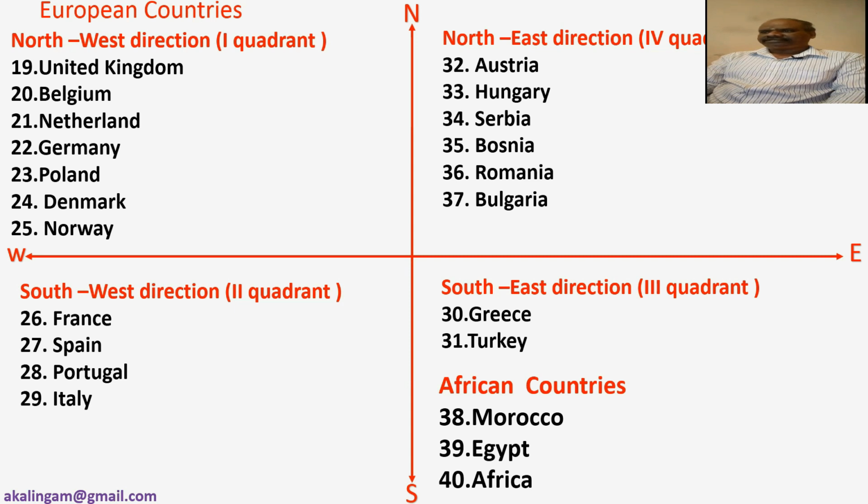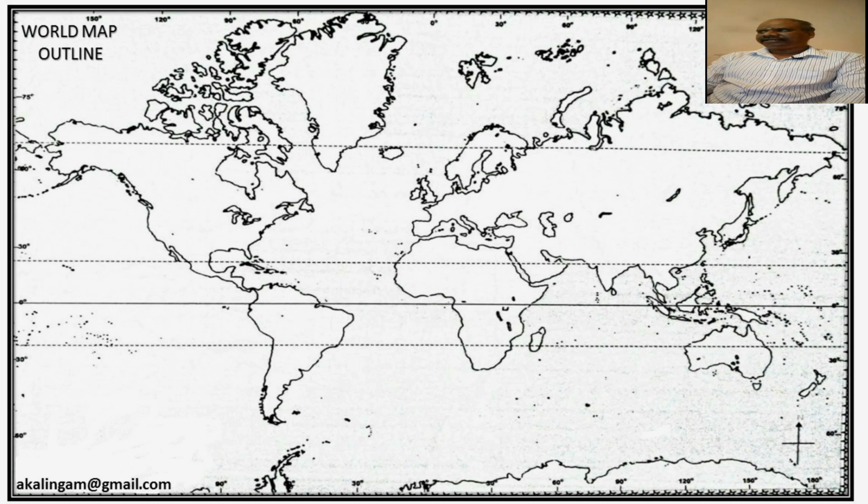And finally, African countries: Morocco, Egypt, Africa. Here, there are only 40 countries and places. In this way you will always remember. In my experience, this is an easy way to understand the countries and places and where they are. You draw the boundaries and write the names of the countries like this with pencil, and erase whatever you drew and write again. In this way, you practice the world map, you can never forget and easily remember the countries.